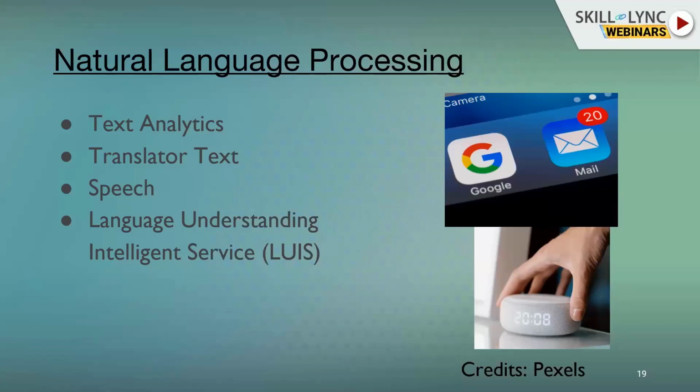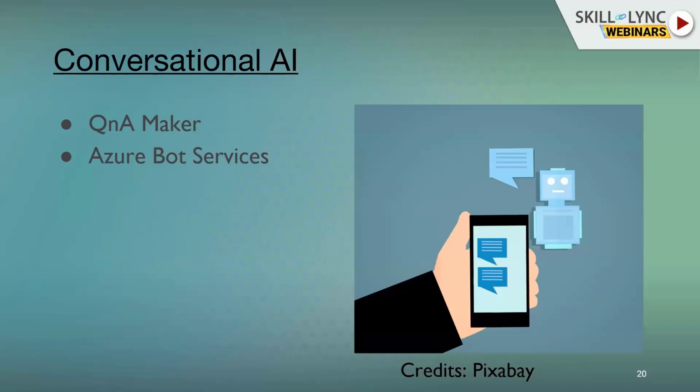Now, finally, let's move on to the final category, which is conversational AI. You might have seen in many companies like Amazon, MakeMyTrip, there are chat-based assistants. These systems are intelligent enough to understand our questions and respond back as well. This can be easily achieved using QnA Maker and Azure Bot Service, available as part of Microsoft Azure AI capability.